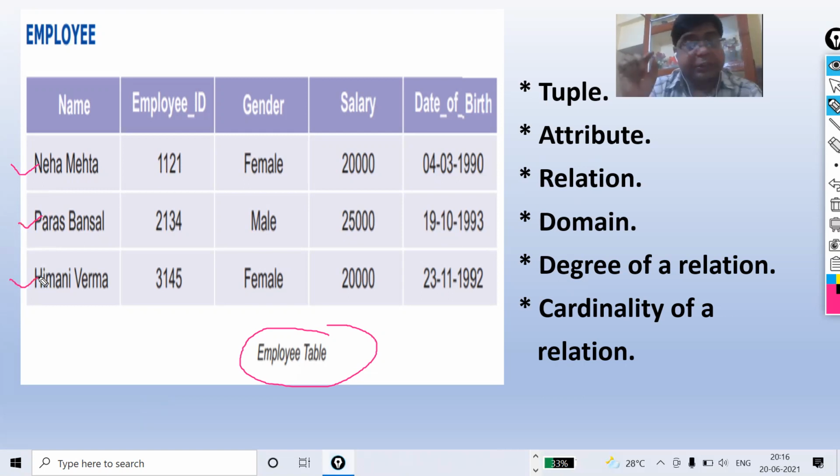And there are different columns named as name, employee ID, gender, salary, and date of birth.